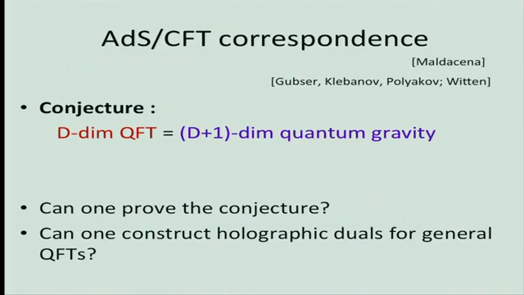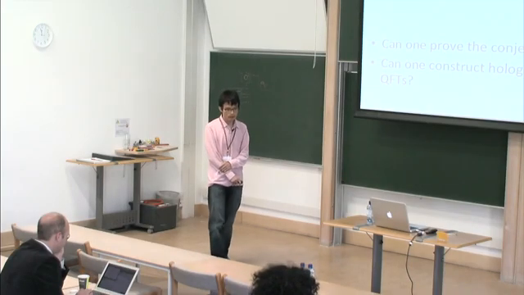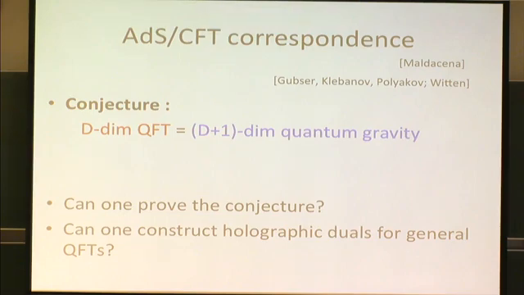So the AdS/CFT conjecture has been discovered in string theory, and I think at the moment there is little doubt about the validity of the duality. However, we want to have a better understanding about general principles, such that we can constructively prove the conjecture.